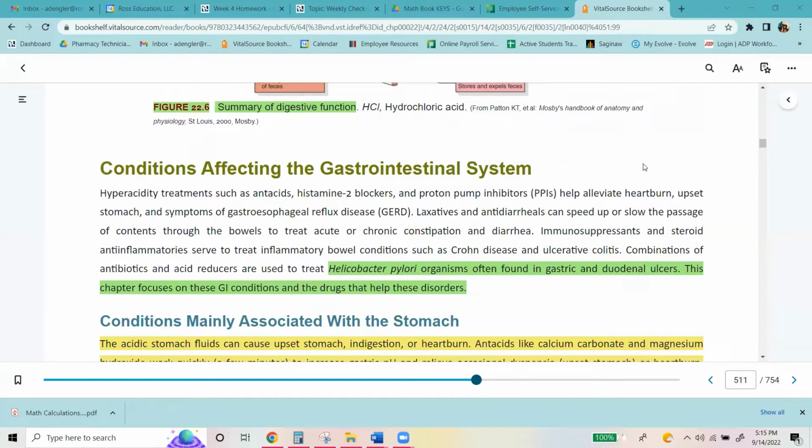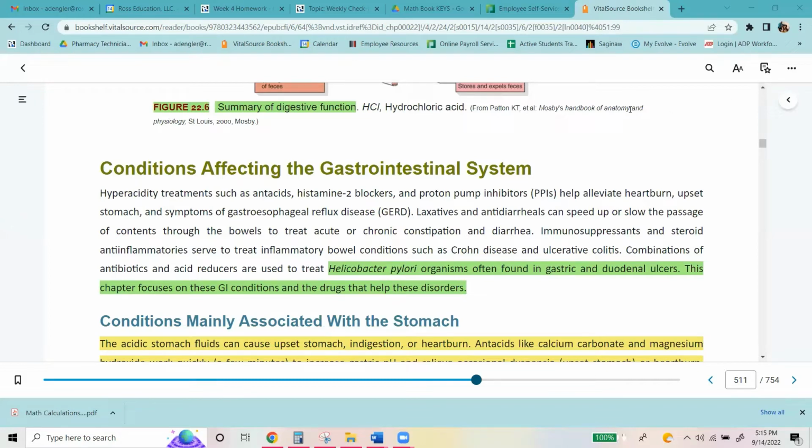Hyperacidity treatments such as antacids, histamine 2 blockers, and proton pump inhibitors help alleviate heartburn, upset stomach, and symptoms of GERD. Laxatives and antidiarrheals can speed up or slow the passage of contents through the bowels to treat acute or chronic constipation and diarrhea. Immunosuppressants and steroid anti-inflammatories serve to treat inflammatory bowel conditions such as Crohn's disease and ulcerative colitis. Combinations of antibiotics and acid reducers are used to treat H. pylori organisms, which are often found in